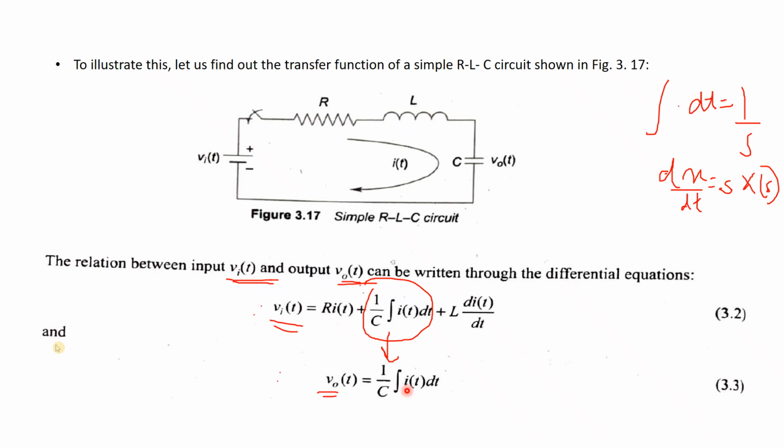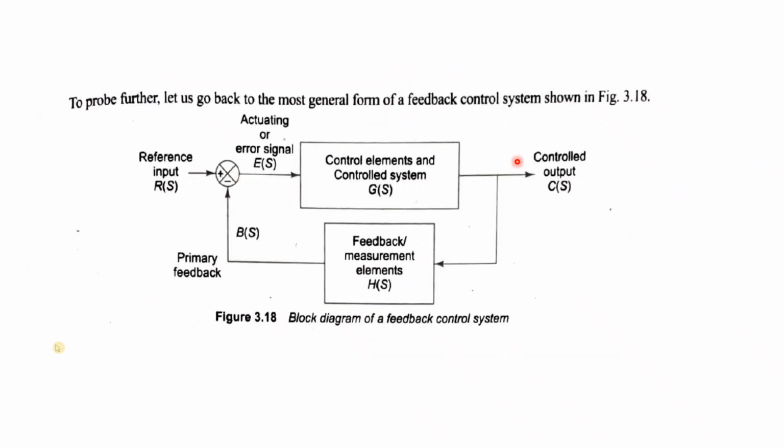Because in a control system, feedback is very important. Only if it is a closed loop system will you be able to control it. Over here, it is not a closed loop system. Why? Because whatever the value of the output voltage, the input is not bothered about it. There is no feedback given back to the input to monitor the output and update the voltage and current accordingly. Since no feedback is there, it is an open loop system.